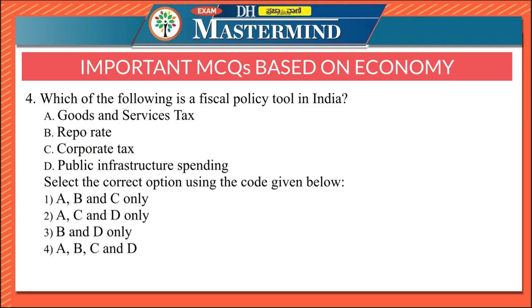Please note down these. Fourth question says, which of the following is a fiscal policy tool in India? Goods and services tax, repo rate, corporate tax, public infrastructure spending. So here the right option is option 2, A, C and D only. So goods and service tax, corporate tax and public infrastructure spending form part of fiscal policy. First of all, what is fiscal policy? Fiscal policy is defined as relating to government